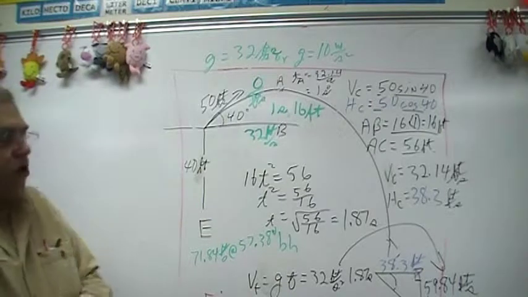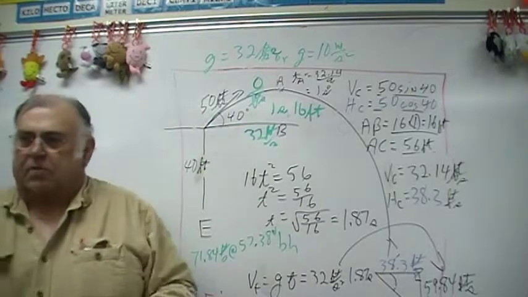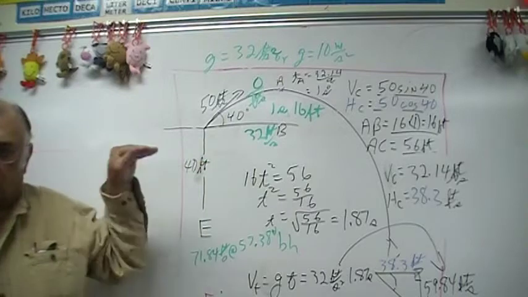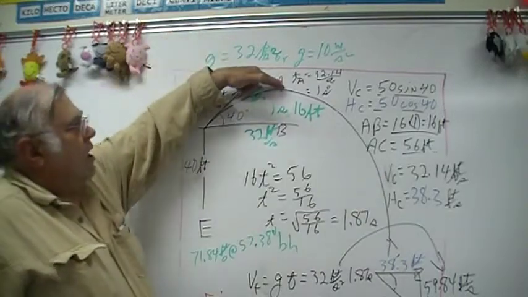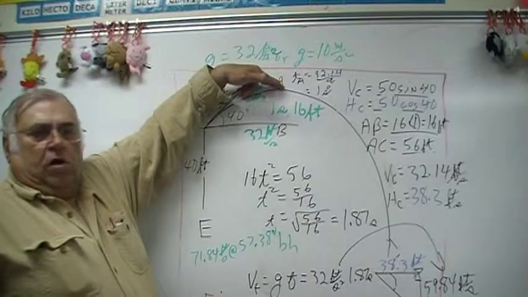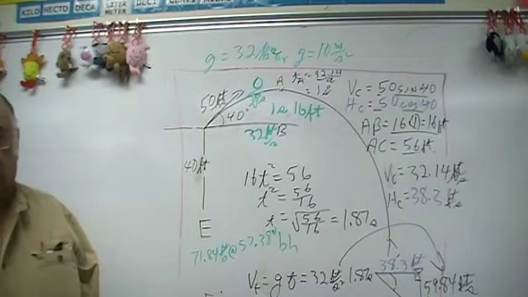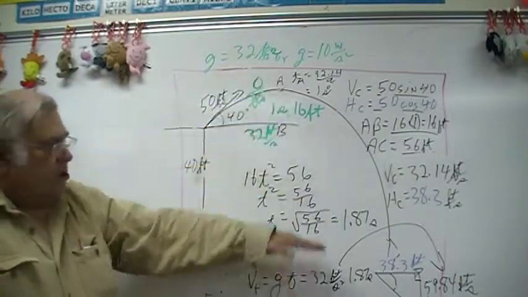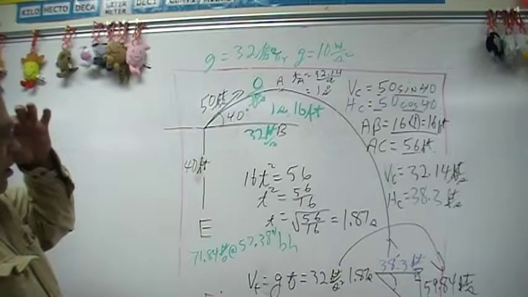Now, your vertical and horizontal speed are independent of one another. That's an important concept to be able to do these problems. The vertical component does not affect the horizontal component. And so, if I know how long it takes something to fall from here, it's the same as how long it takes this to get here. And so to figure that, you use the acceleration and this distance. You take the distance divided by the acceleration, and